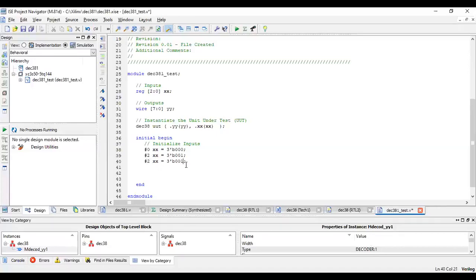So the next combination in the truth table will be 010. Timing also you can alter. The next combination in the truth table is 011. The next combination is 100. The next combination is 101. Next combination 110. Last one will be 111. And if there is any other thing apart from this,